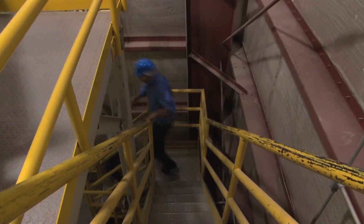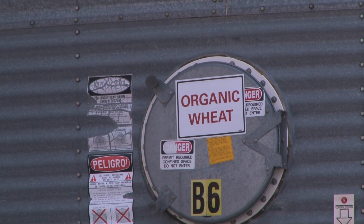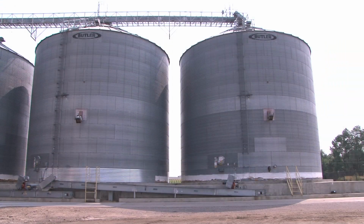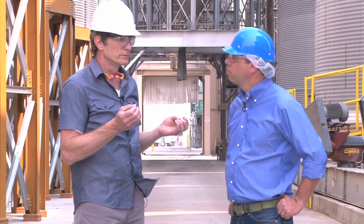Depending on the type of flour they're going to make, we mix the wheat according to variety and protein. Then we do what's called tempering. Well, the tempering is where we apply water, and then we let the wheat rest for about 12 hours, and that gives some resiliency to the outside of the kernel, and it also mellows the endosperm, the inside. After that wheat is rested for about 12 hours, we